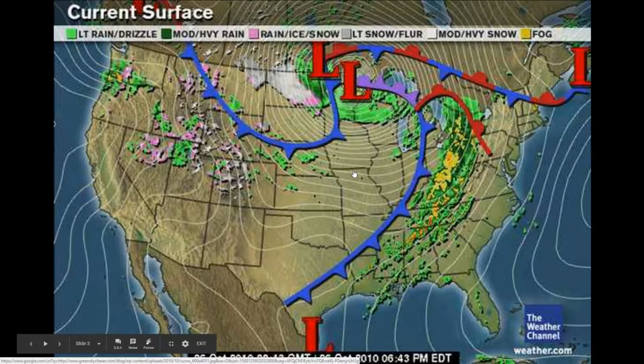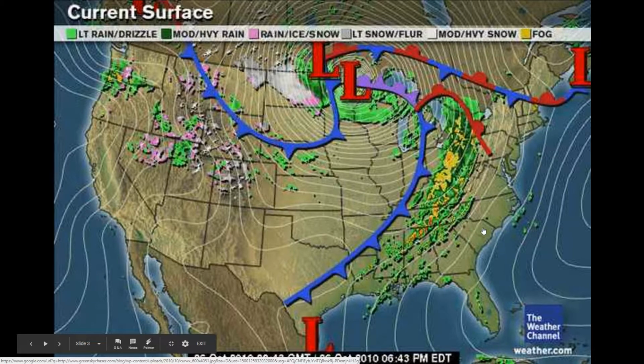But fronts are nothing more than the leading edge of a different air mass. So a front is a boundary between air masses. So if I take a look at this cold front right here, this tells me that on one side of the front I have a particular air mass, and on the other side of the front I have a different air mass. Now, given the fact that this is in October, this part of the country where the Gulf of Mexico and the tropical Atlantic are located, the fact that you see a lot of precipitation occurring in this area